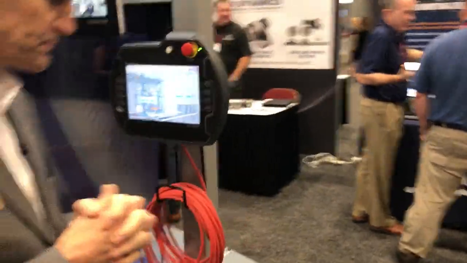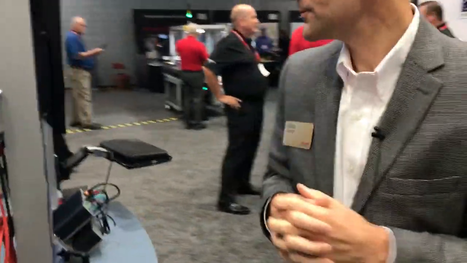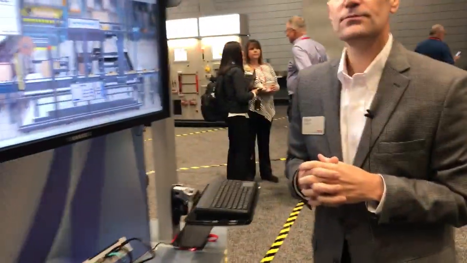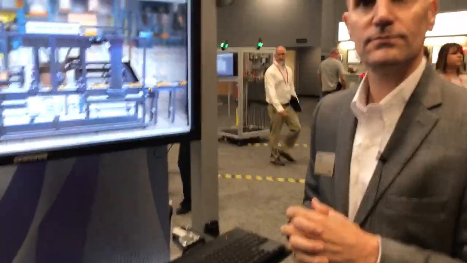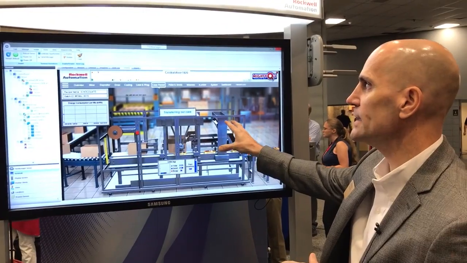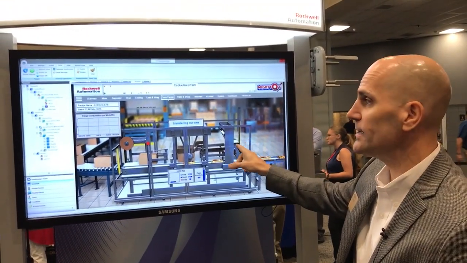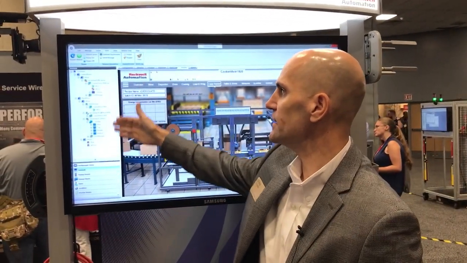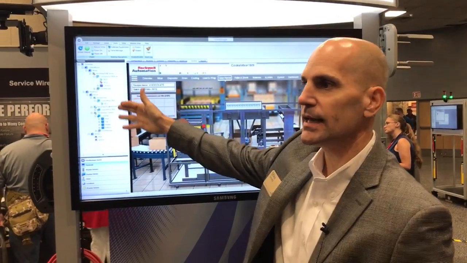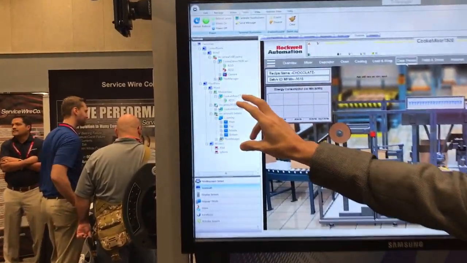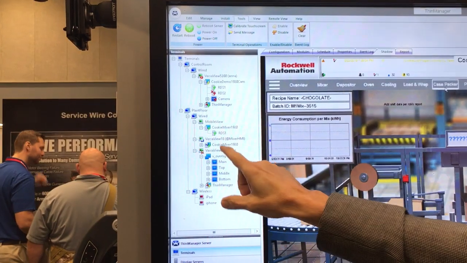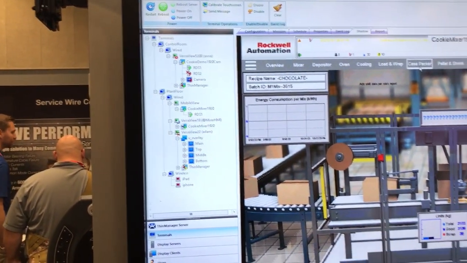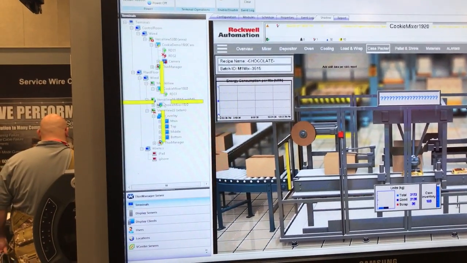Because I like what you're saying here about how this is about delivering content, not necessarily managing all these different HMIs in a centralized place. Correct. Yeah, so this is the ThinManager interface, and we're actually shadowing that device that we were just on. These are all the different components and the different layers of content that we're actually pushing out. That particular unit was the 18-inch Versa view, and what we were pushing out was the cookie